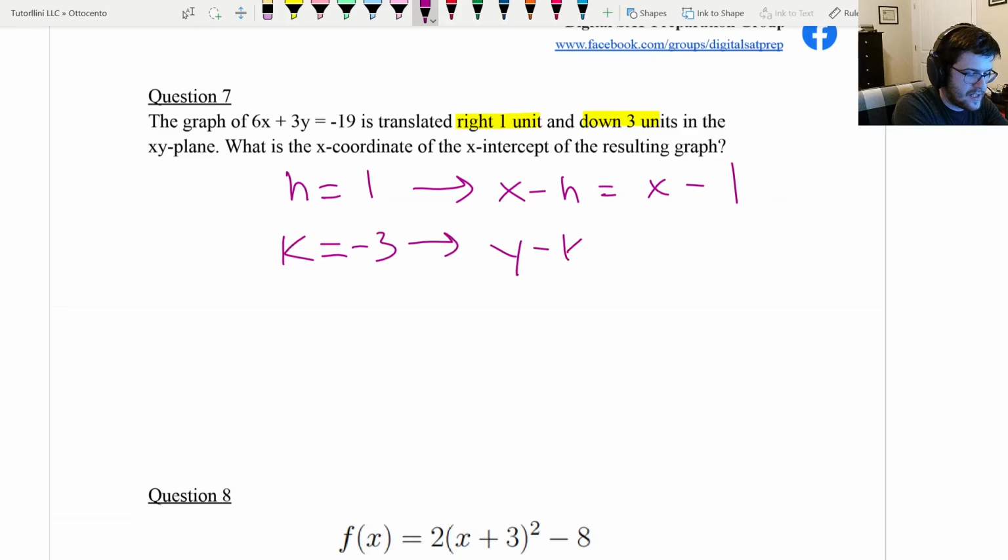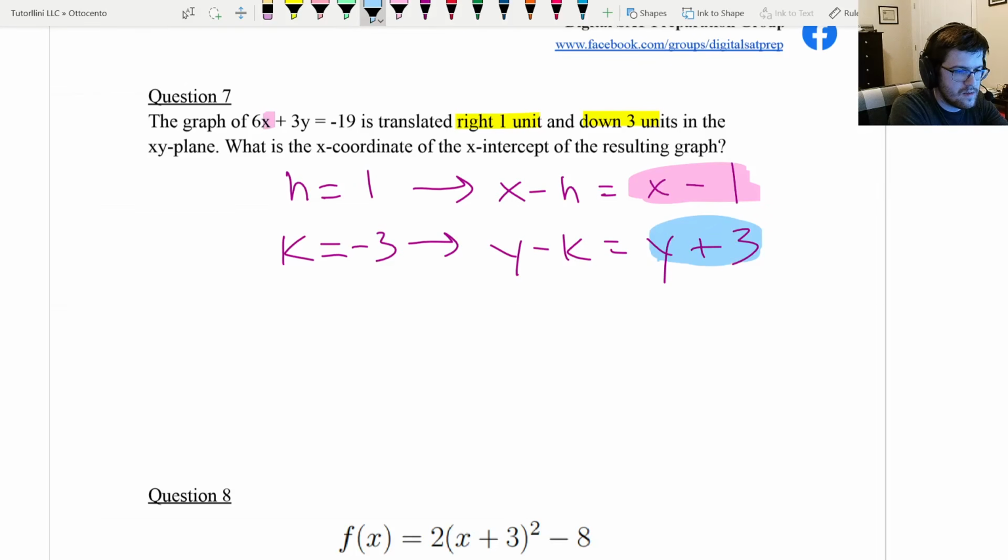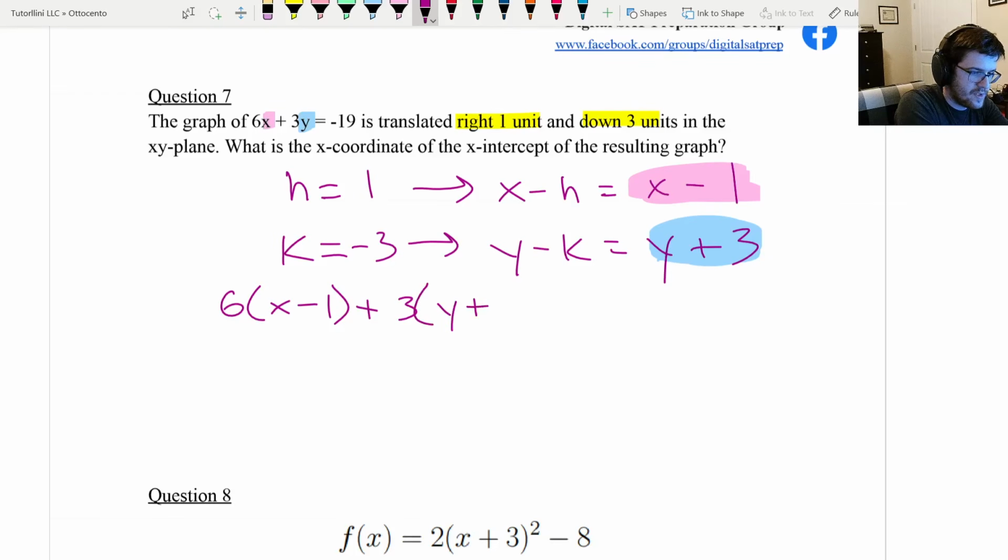So y minus k is going to be y minus negative 3, or in other words, y plus 3. Now we're going to plug these in for x and for y. So we get 6 times x minus 1 plus 3 times y plus 3